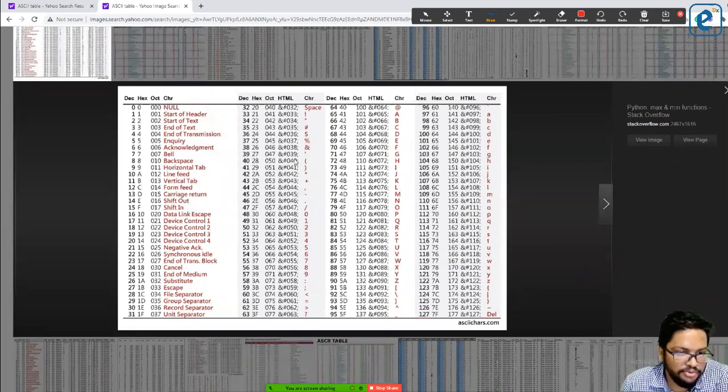Actually now we have to start it from, I think, most probably 27. So this is our range basically. Can you remember now? Can you understand?